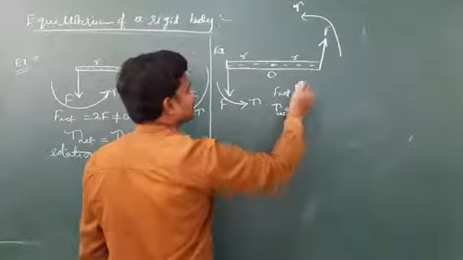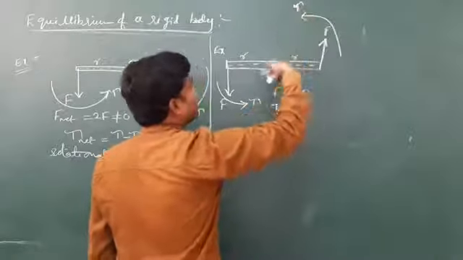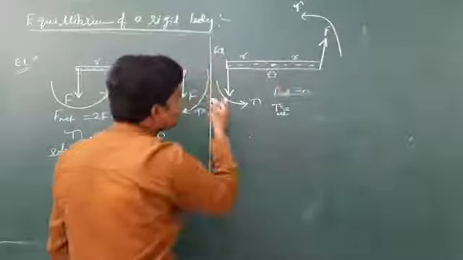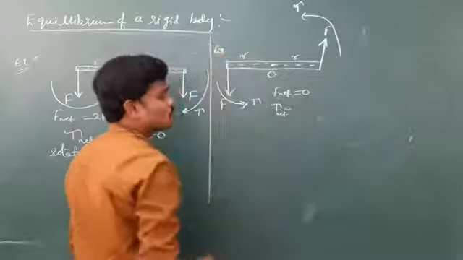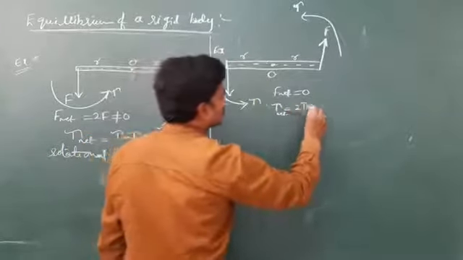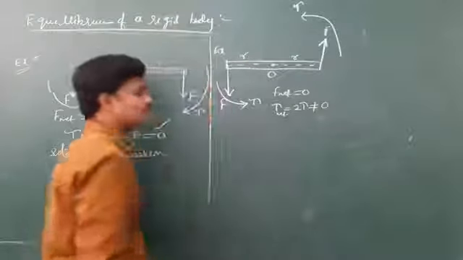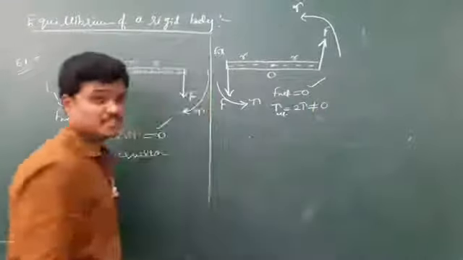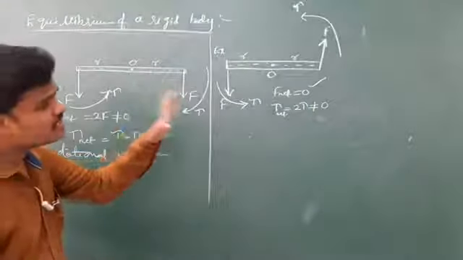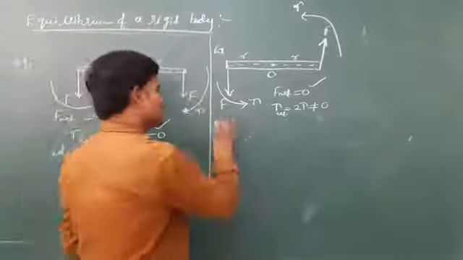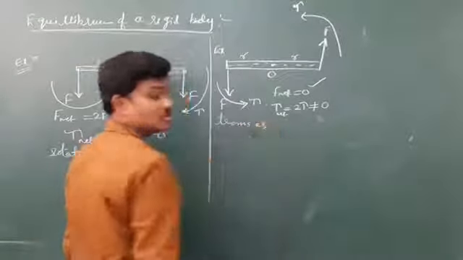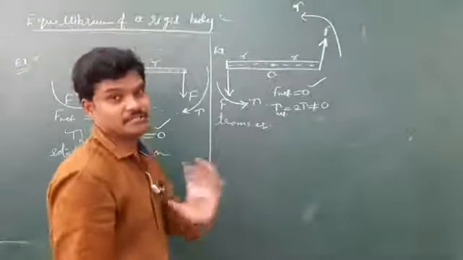See the torque, net torque. This is anti-clockwise torque about this O. This is also anti-clockwise torque about O. So net torque is 2 tau, which is not equal to 0. So what is 0 here? Net force is 0, which means the rod is said to be in pure translational equilibrium, but not rotational equilibrium.